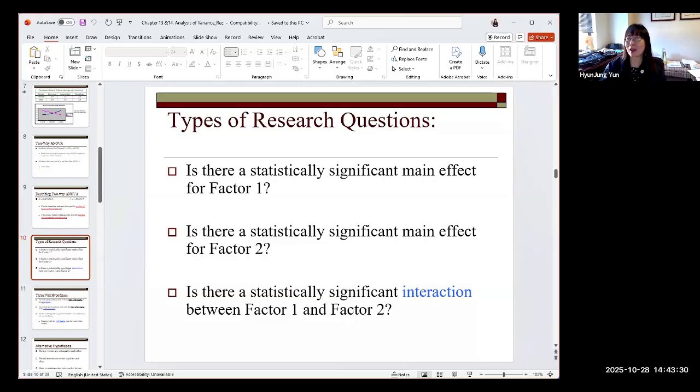What about the main effect for variable one? What about the main effect for variable two? What about the interaction effect between variable one and variable two? Right? That's how you raise your research question. So